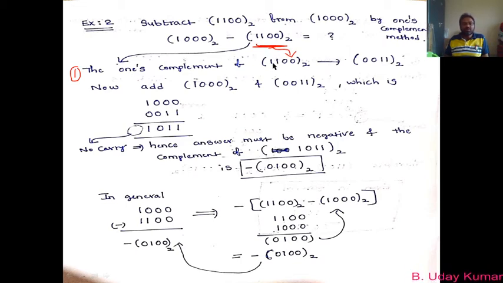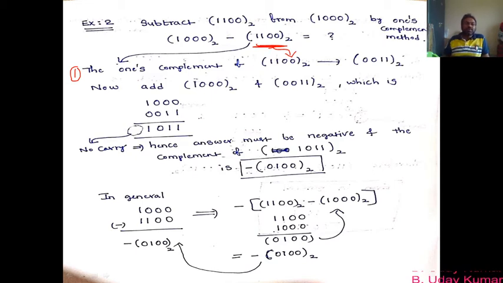You know that one's complement is nothing but replacing 1 by 0 and 0 by 1. So now 1100 to the base 2, I can write it as 1 and 1, which when replaced with zeros give 0 0, and the 0 zeros when replaced give 1 1. So the one's complement of 1100 becomes 0011 to the base 2. So this is what you have done. Okay, fine. So the first step is over.